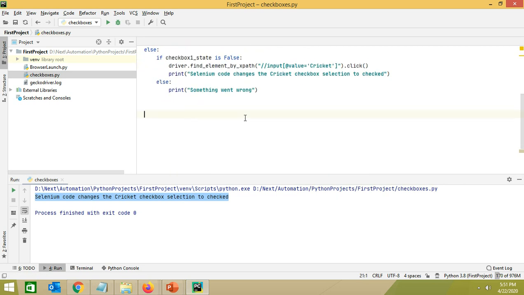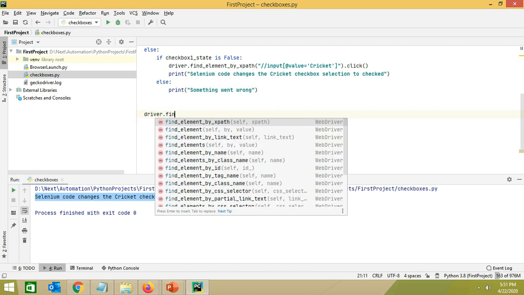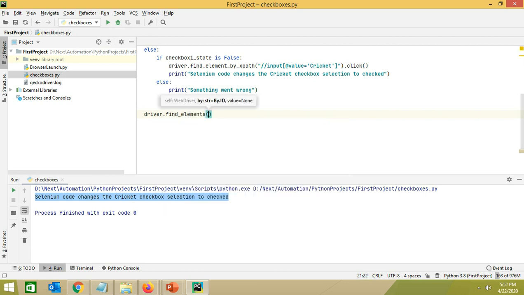Okay, and then we need to write driver.find_elements. So we are using find_elements here because first I'll be checking how many links are available on the page. Okay, so there are multiple links.